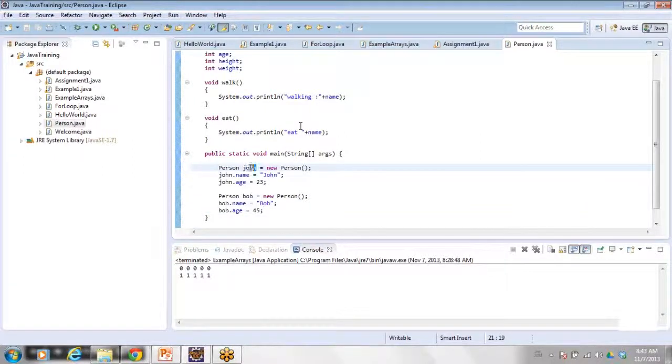So now John and Bob are the objects of type class person.